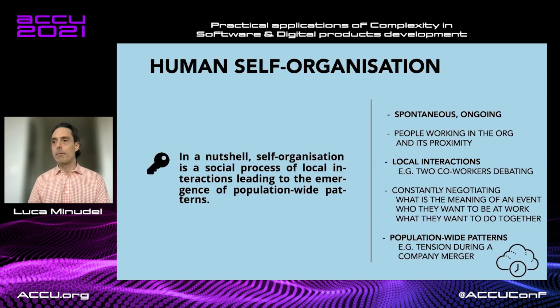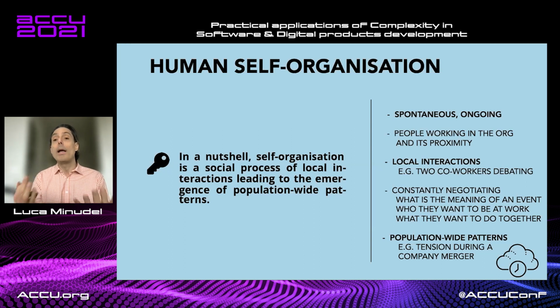So the first dynamic of human complex systems that is interesting is human self-organization. Human self-organization is a spontaneous, ongoing process. It's happening always just because we are social in nature. So every time that we are interacting, that we are having local interaction and conversation,